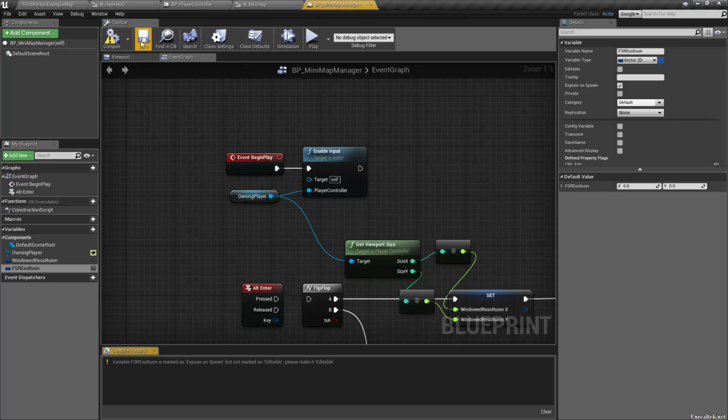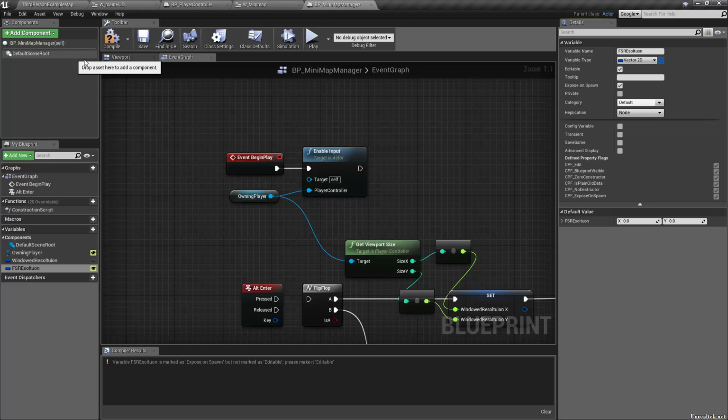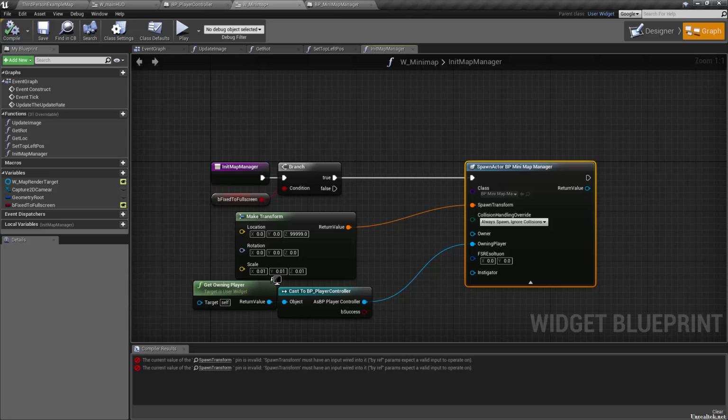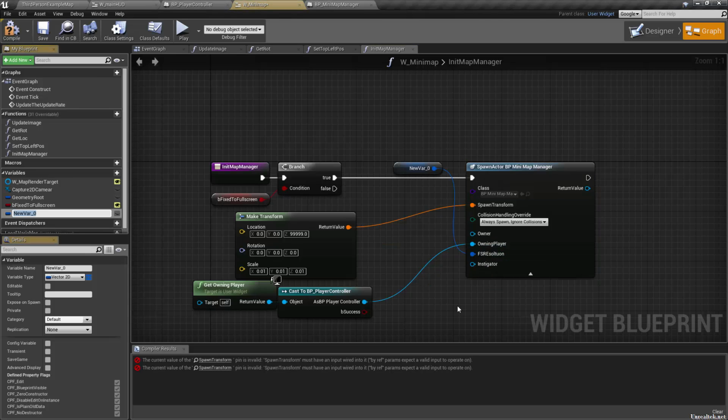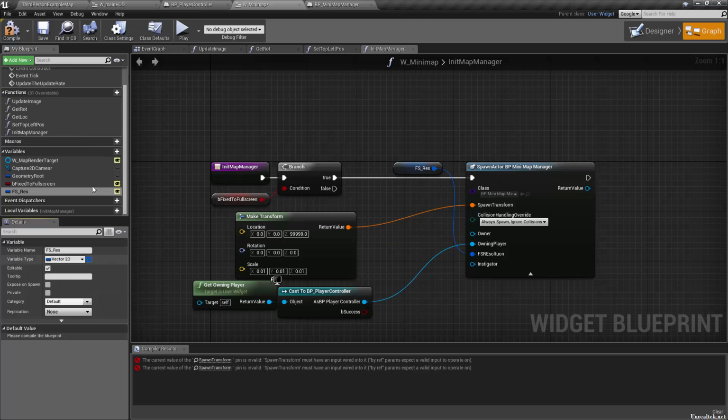So let's compile and save that. Oh, and it's got to be editable, of course. And then go back here, and that will show up, and we're gonna want to promote that to a variable. So we will right click, promote to variable, and I'm just gonna go fs_res. And I hate how this advanced keeps popping up. We're gonna want to make that editable,